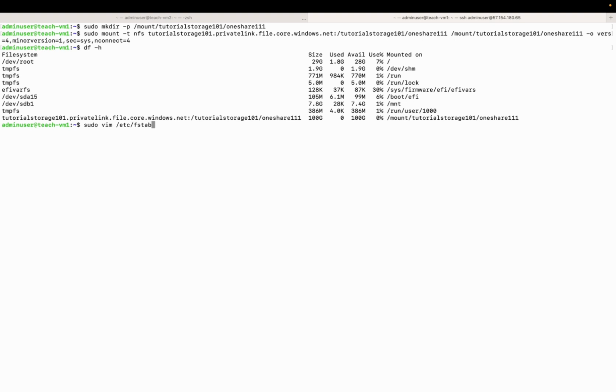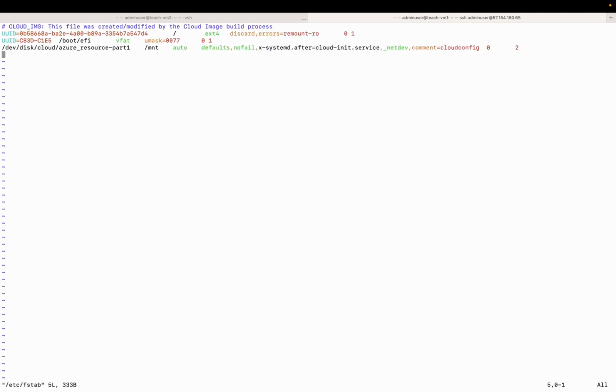In my last video where we mounted our Azure managed disk, I explained in detail about this fstab, so you may want to see that if you want to learn more. So all I need to do here is to paste this here, and at the end part I'll need to type 0 0, and I want to get rid of this -o, and because we are using NFS, I'll just type NFS here, and that is all the configuration I need to do in this fstab,